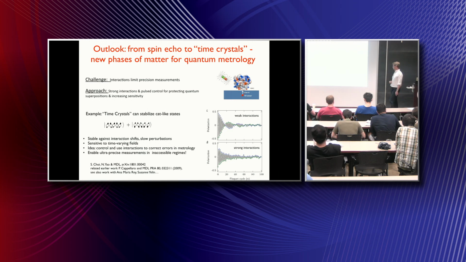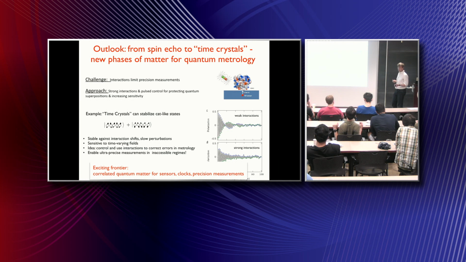states for precision measurements. So I think this points to another exciting frontier, where many-body dynamics, and particularly non-equilibrium correlated matter, can be thought of as an ingredient for, for example, the new generation of sensors. And that's another example of what I advertised in the beginning of my yesterday's lecture. This understanding of quantum matter away from equilibrium can be useful in the long term for applications, and this is another example of that.